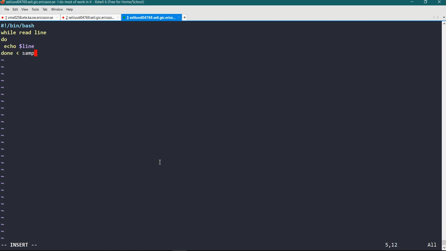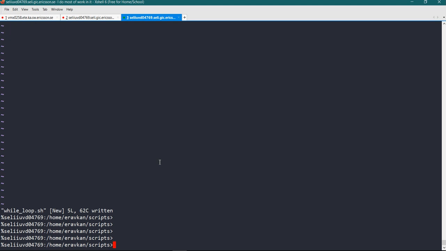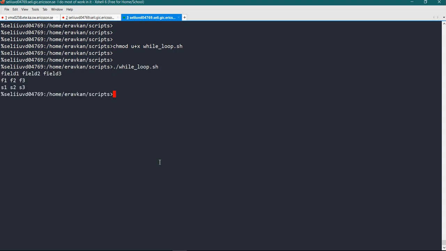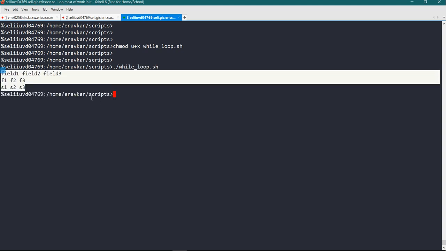Important thing is here you specify the name of the file you want to read, sample.txt. As my file is present in the same directory, I don't need to give the full path. So if I run this script, let me give executable permission. So if I run it, by using this while loop you are able to read all the fields of my file.